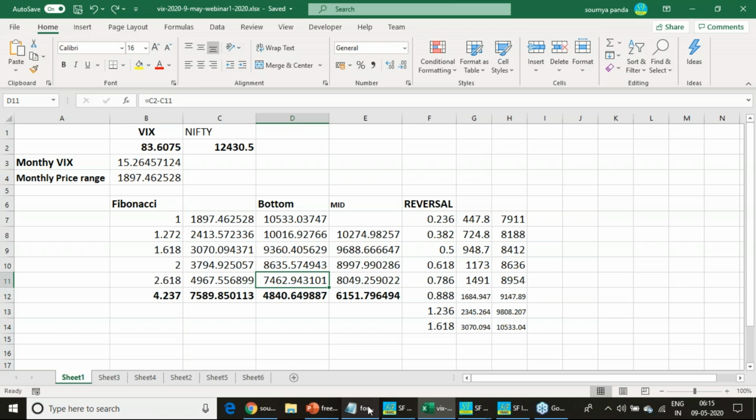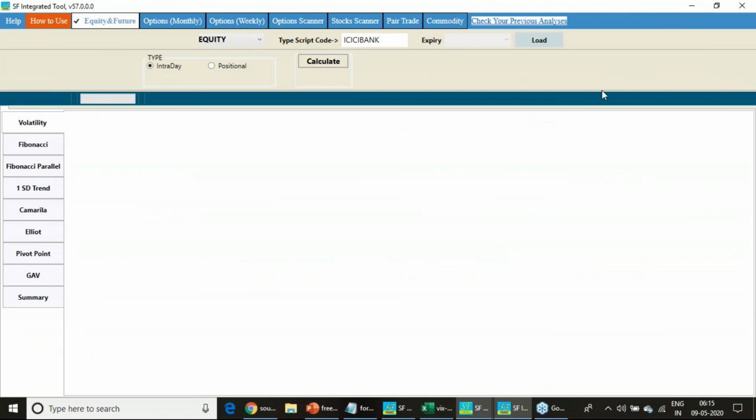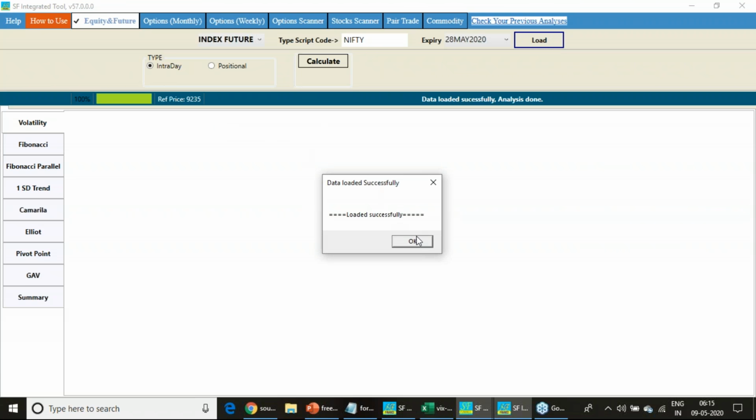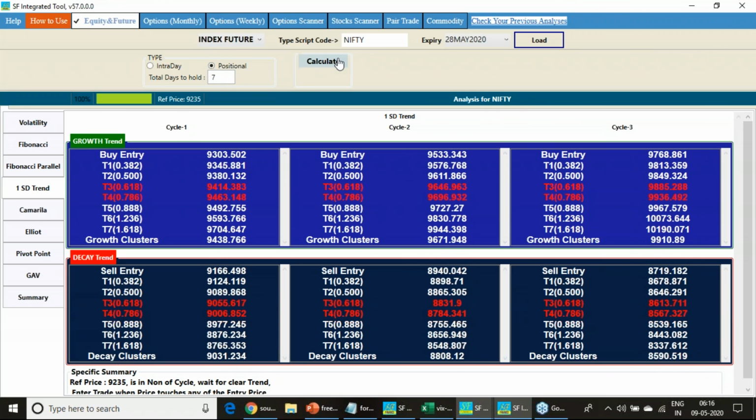So these are the 4 different concepts you have learned, and the recordings will be given to you. And at last, I'll just take the weekly trends of Nifty and Bank Nifty using our Smart IT all-in-one tool. So 1 standard deviation. So what is the weekly trend? Weekly trends for the Nifty and Bank Nifty. Take the positional and 7 days time. So for the coming week, what will be the Nifty and Bank Nifty's weekly trend? So this suggests that